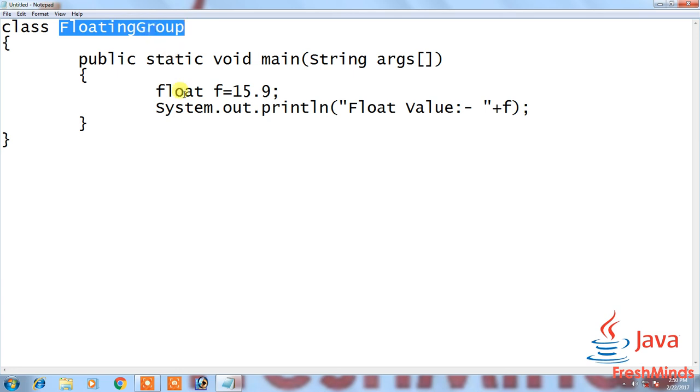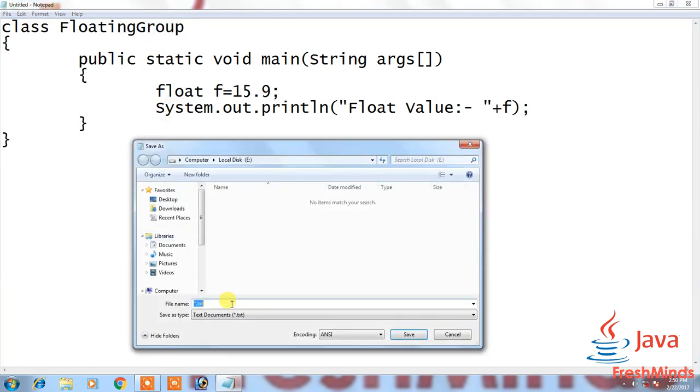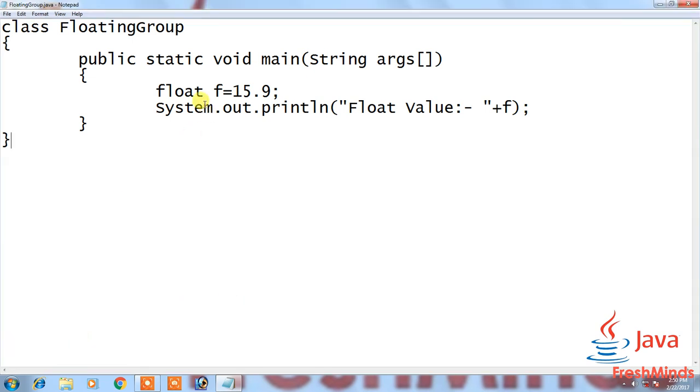Again, save the program with the class name dot java: floating group dot java. Whenever we compile the program, the Java compiler allocates memory of 8 bytes, that is the memory of double, because it is a floating constant. So when we compile this program, we will get a compile time error, because the Java compiler automatically allocates memory for double by default,